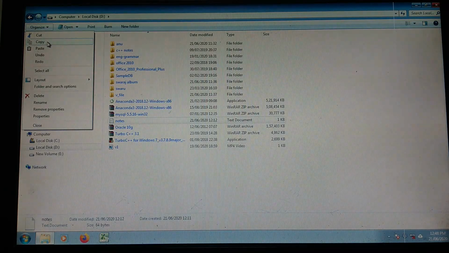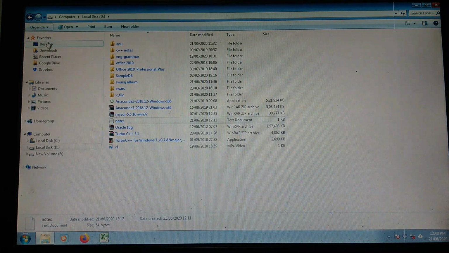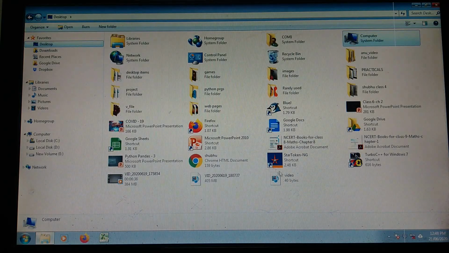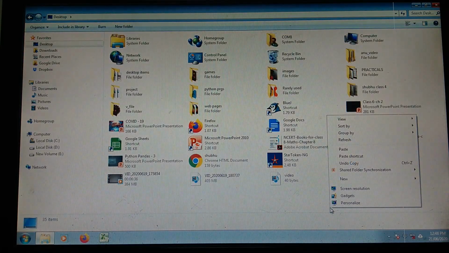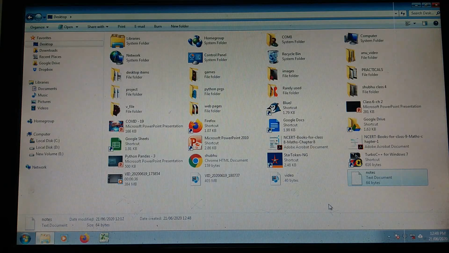So click here, Copy, then back again to the Organize button. Look here, Desktop. So click on this Desktop, click here, click the right button of the mouse and choose the option Paste. So it is the step by step how to copy and paste.